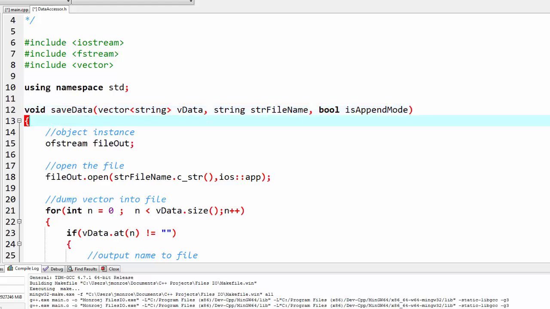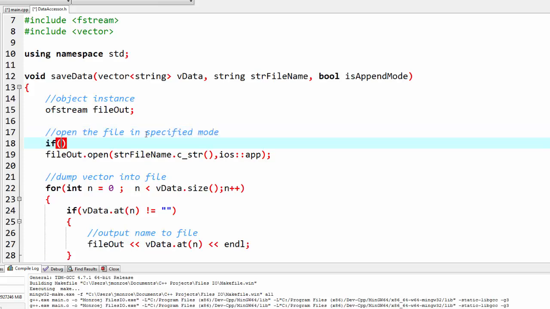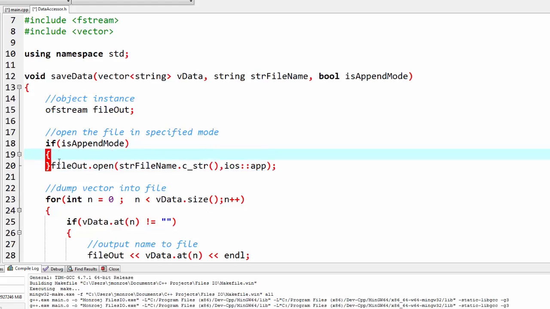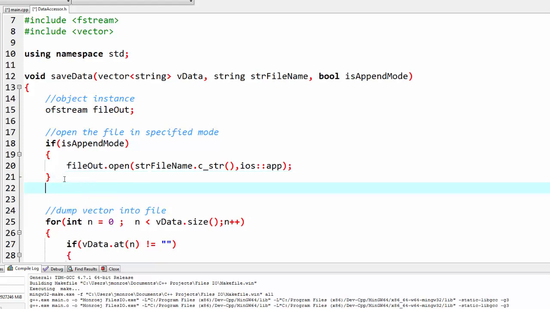Okay, so now in my save data function, I need to have a statement here in specified mode, and I'm going to say if is append mode. And remember, with Boolean variables, you don't have to say if that is equal to true. It's already a true false variable, so you can just say if is append mode. If that is true, then we'll do this, file open append mode, and then we'll do else